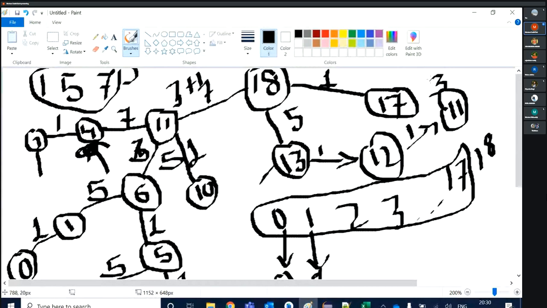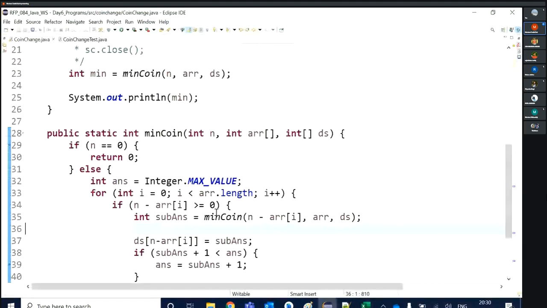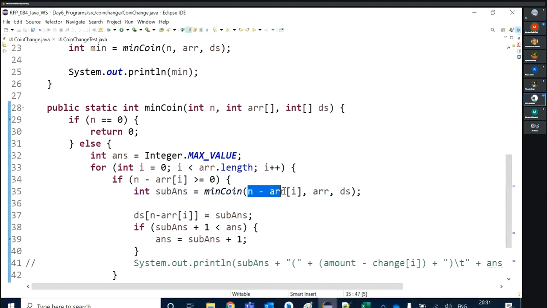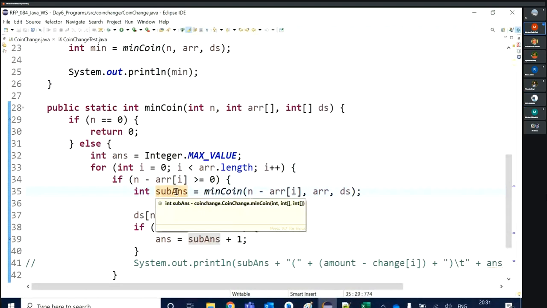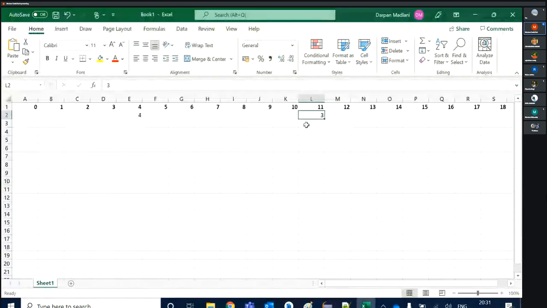So this answer 3, I'm storing at index 11, and that index you are getting where? n minus array of i. Got it? Yes, see, that is the index we are calculating here, and that sub answer we are doing here. But let's say again this thing I want to repeat.